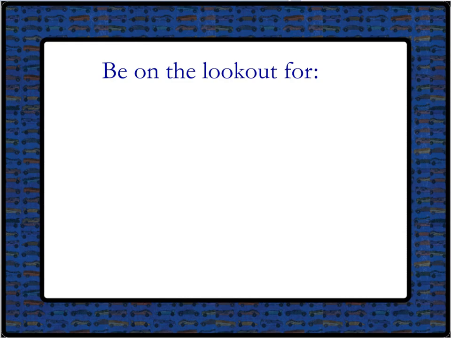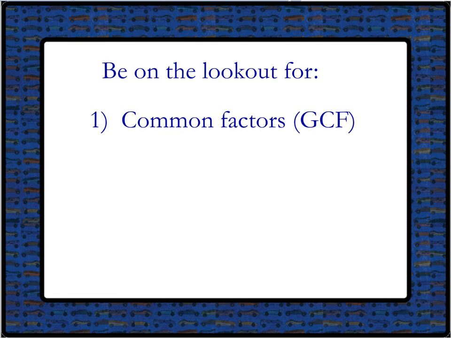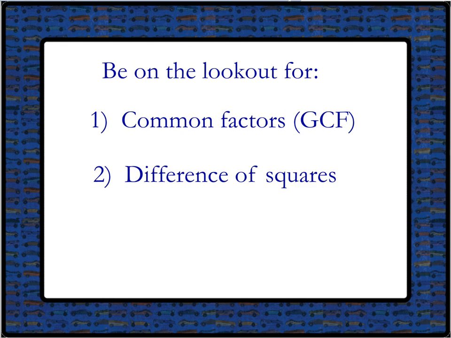Always be on the lookout when we're factoring for, first of all, greatest common factors. Anything that you can pull out from every term and put in front of a set of parentheses. Be on the lookout for difference of squares. Like I said, they'll pop up all the time. And quadratics with a leading coefficient of 1. These are all things that you should be able to do now, and we're going to use those all on